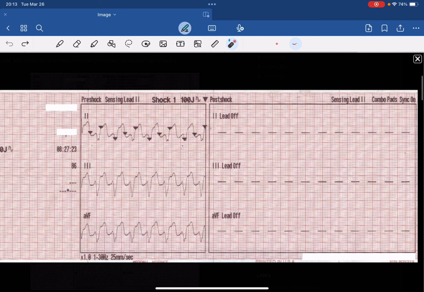If you do find yourself in a situation where you see this, you can, at least on LifePak, and granted I'm not familiar with the other monitor defibrillators, but I have to imagine they're the same, re-designate your main sync lead to a different lead, maybe like lead 3, in which case the monitor might have an easier time of identifying the correct intervals to sync to, which would be the S wave or the R wave, but definitely